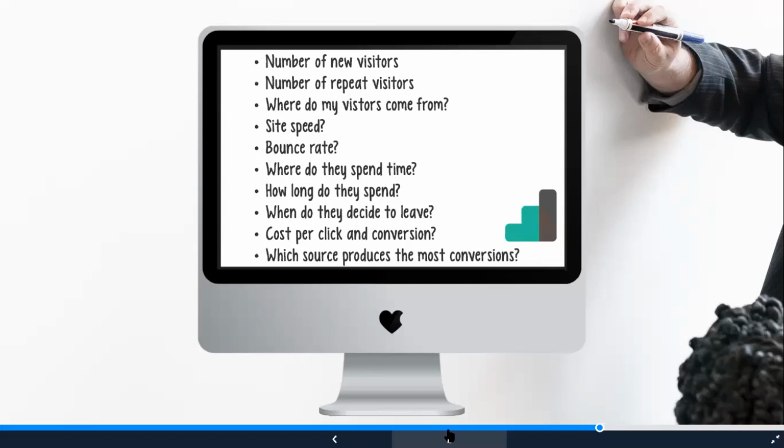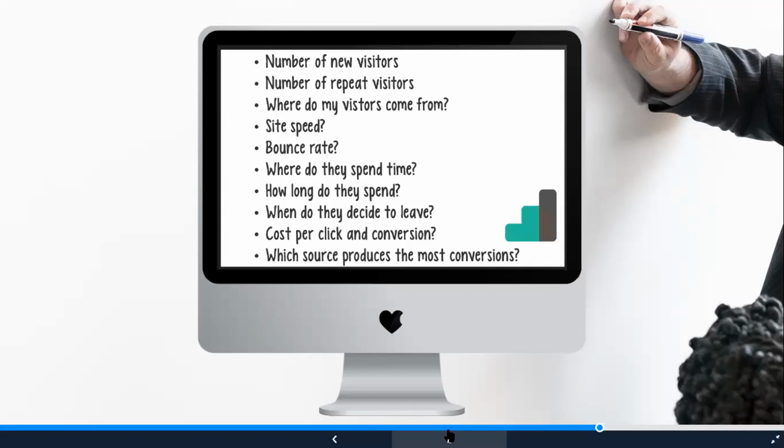Both of them affect your Google ranking, and it also affects the effectiveness of your Google Ads campaigns. Google does not like slow websites, and they also discriminate against websites with a high bounce rate. So if you want to rank on Google, you need to make sure that your website loads super fast and you have a low bounce rate.